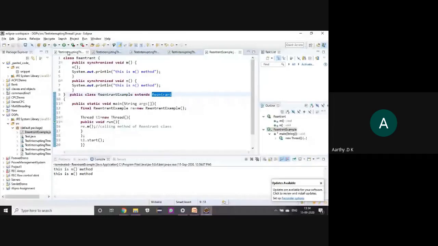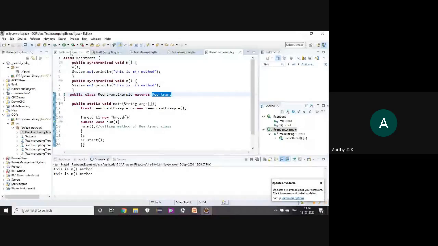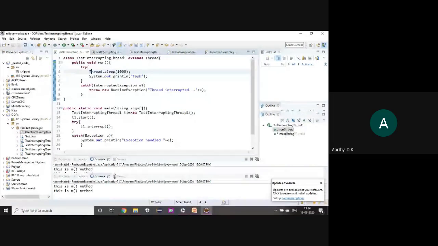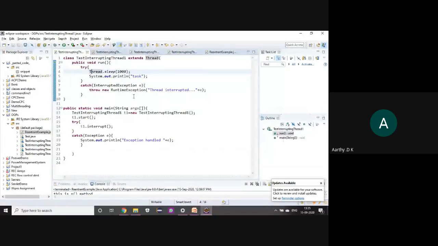The thread is going into the sleep state and is not executing anything. It keeps on sleeping for a longer time. In that situation, we will have to interrupt the thread.